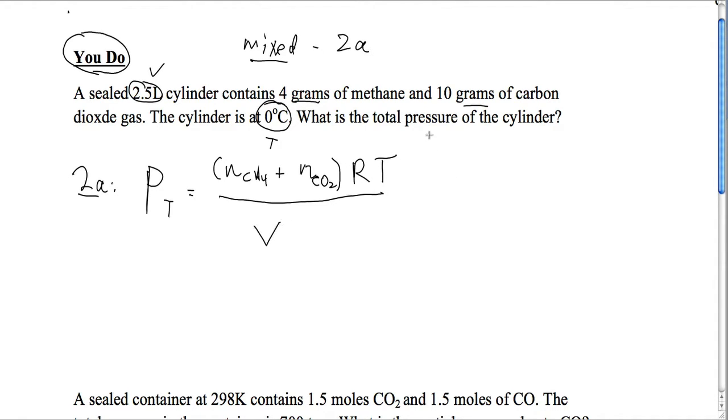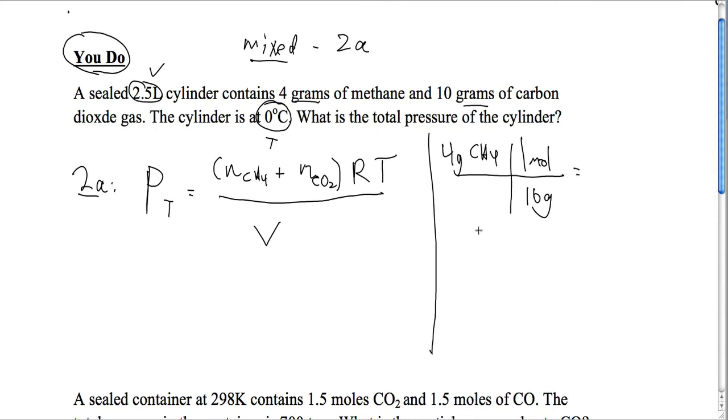divided by V. So we're going to go over here and we're going to convert the 4 grams of CH4 to moles of CH4. Carbon's 12, that's 4, so that's 16 grams for every 1 mole of CH4. And we're going to do the same thing with the CO2. 10 grams of the CO2. There are 44 grams for every 1 mole. And 4 divided by 16, that's going to be 1/4. So this is going to be 0.25